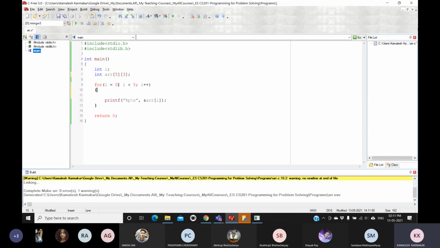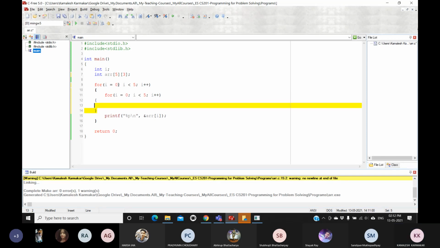Now here I will use another loop with index j. So j equals 0. How many columns are there? 3. So it will run up to 3.